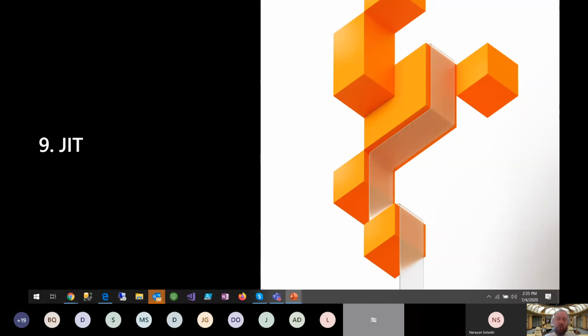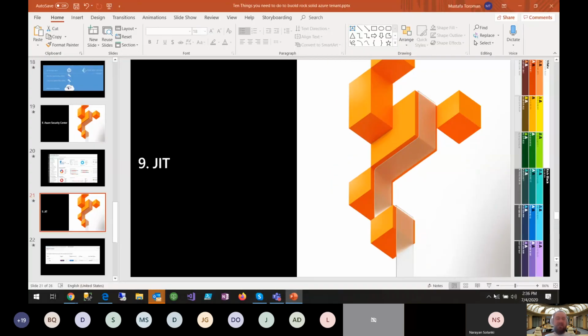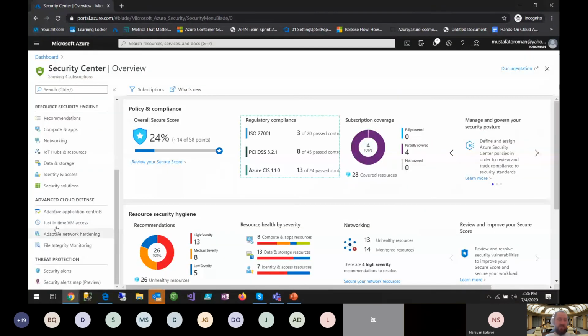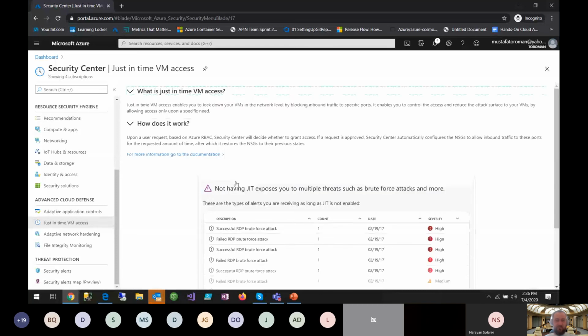But it also tells us a lot: we really don't want those kinds of things happening, and we don't want to provide them with a chance to reach our virtual machines. So how does this actually work? If I go to just-in-time access,